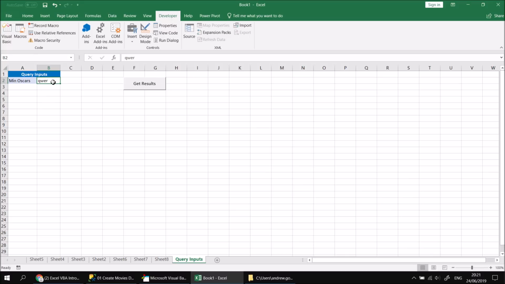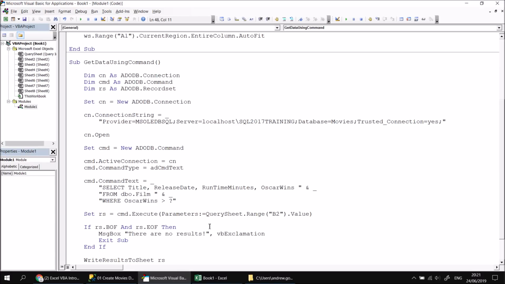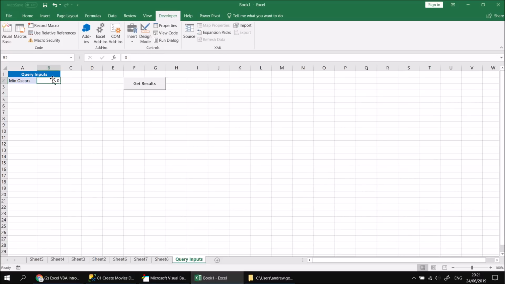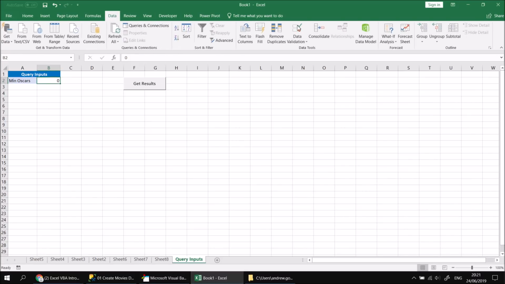But perhaps even more simply, we can just use some basic Excel methods, for instance, the data validation tool. So if I typed in a valid number in the first place, I'm also just going to modify my query a little bit. I've realized that if I'm saying minimum Oscar wins, then I should be checking for films with an Oscar wins value of greater than or equal to the value of the parameter. But if I switch back to Excel now and then head to the data tab in the ribbon and choose